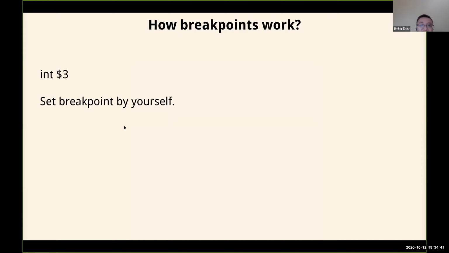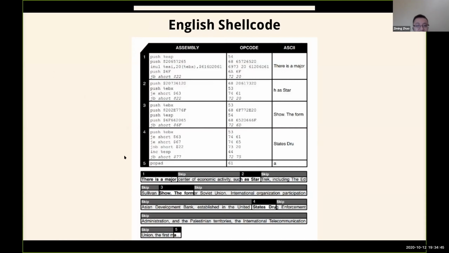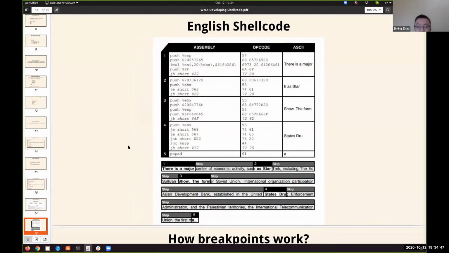So that's the English share code part. So share code right now, especially because of this paper that came out. Imagine before this paper came out, there were a lot of papers using all kinds of heuristics and also machine learning, data mining things to detect if this piece of data is share code. For example,